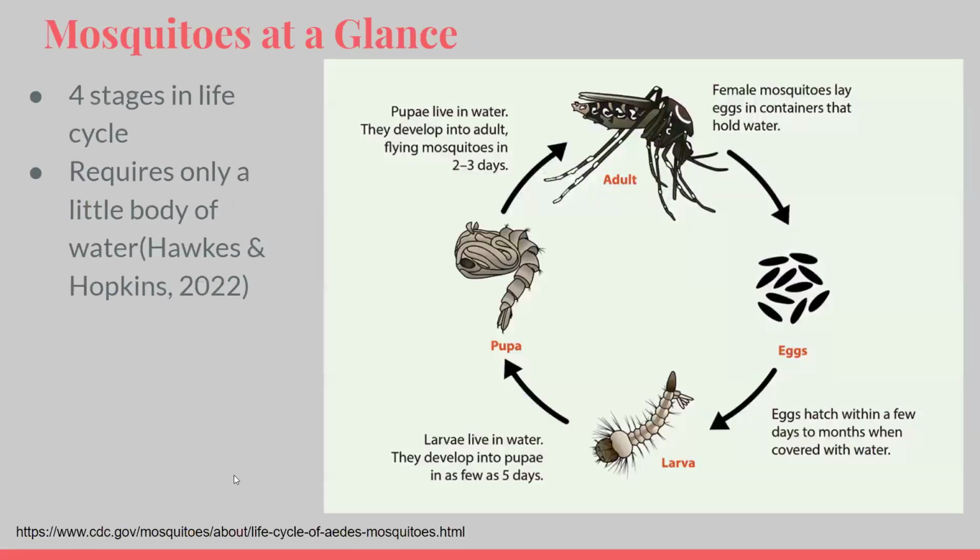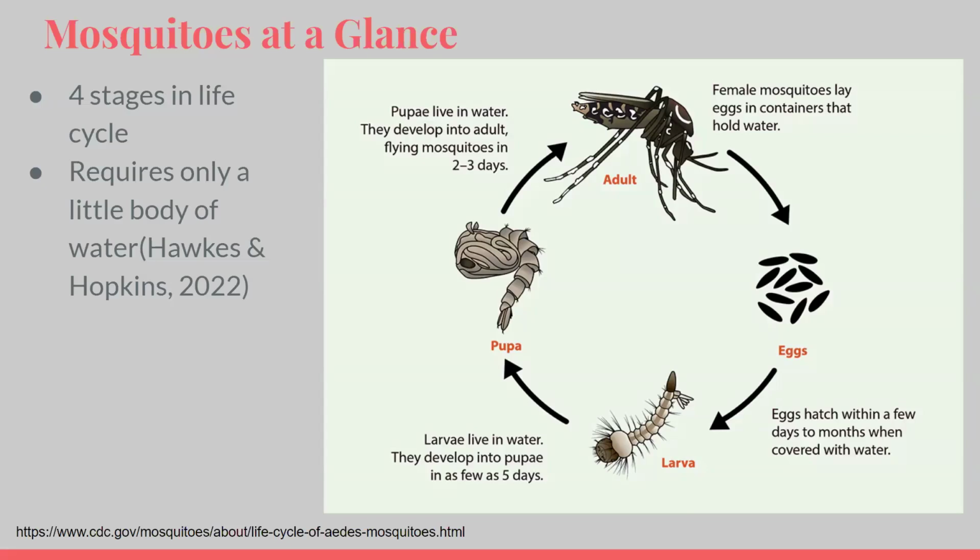So mosquitoes at a glance have four life stages. We can use this diagram to look at their life cycle. They start off as eggs in a fresh body of water deposited by the adults before they hatch and grow into larvae. Those larvae mature then into pupae, who float at the surface of a body of water and emerge. And emerging from those pupae are adult mosquitoes, who then mate and suck blood in the process. That's the main step that can be rather detrimental to other organisms before the adults deposit eggs and the life